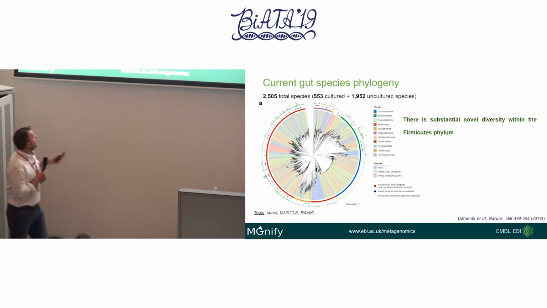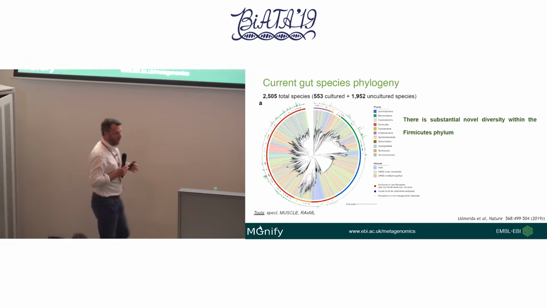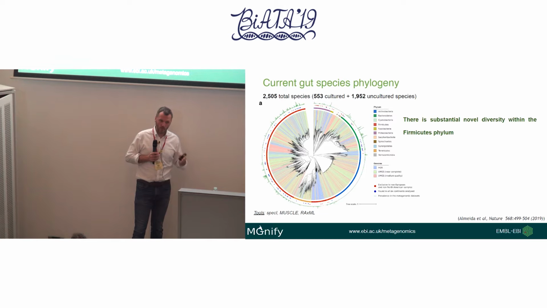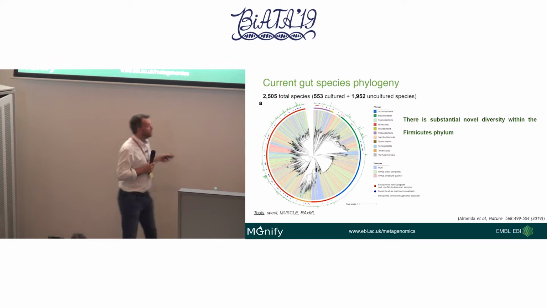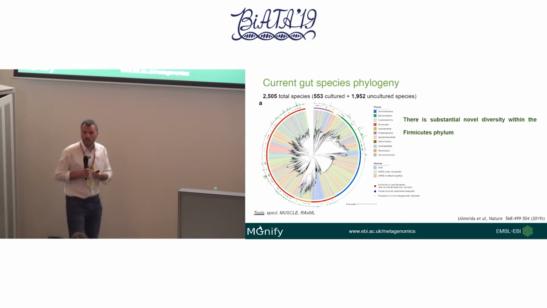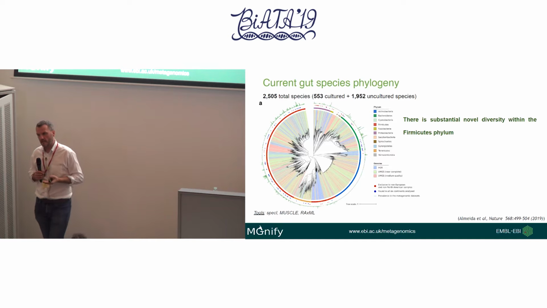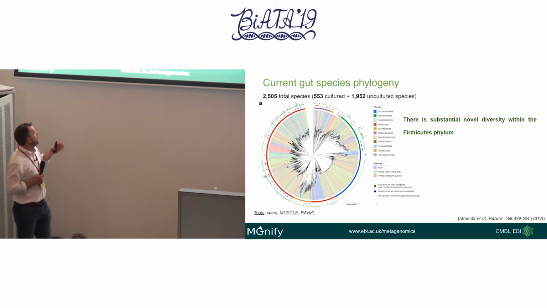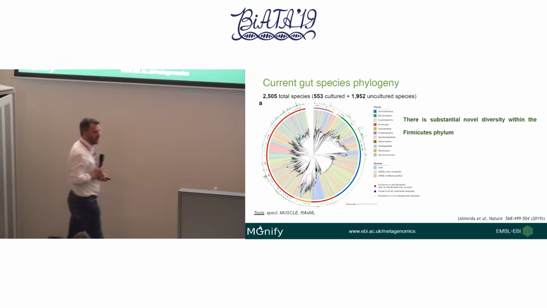So what you can see is that over this whole tree, there's very good interspersing of what we find as novel with the isolate genomes, with possibly the exception of here in the Firmicutes, but that reflects where Trevor did a lot of targeting. So these are overrepresented in the isolates, so he spent a lot of time doing that. So we have equivalents in this region, but we're just showing you we've got an isolate genome there.